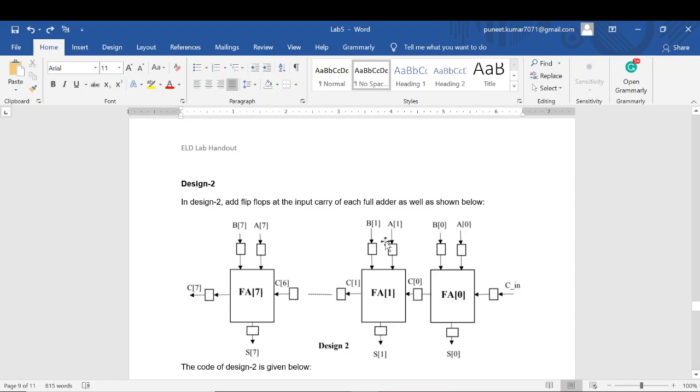So let me explain again what's actually happening. At the very first clock cycle, A and B will be latched to these flip-flops, and then the full adder will do the computation and pass the result to sum. Although the results are not there at the sum yet, right? And also the correct carry is not there at the input of every full adder, because the correct carry is just generated. So at the next clock cycle, these carries will be propagated, right? So the correct carries are now there. So the data should remain the same for the next clock cycle as well.